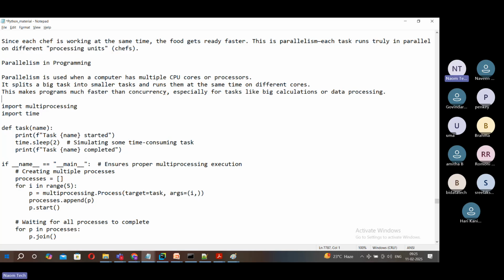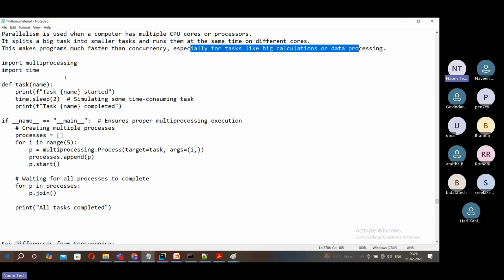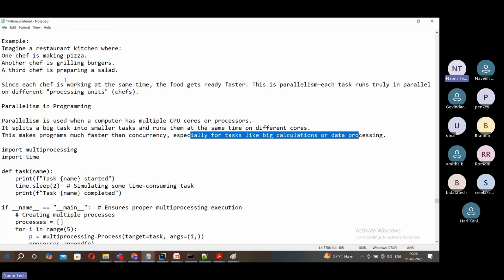And when should we deploy parallelism? Especially for tasks like big calculations or data processing. Especially in data engineering, you are into data engineering, right, friends? For you, the parallel approach is definitely very important, more than concurrency. Why? Because